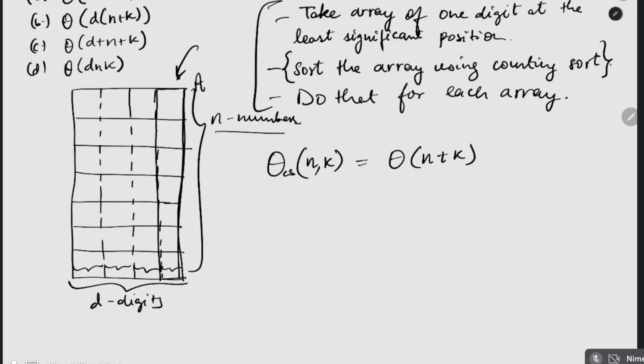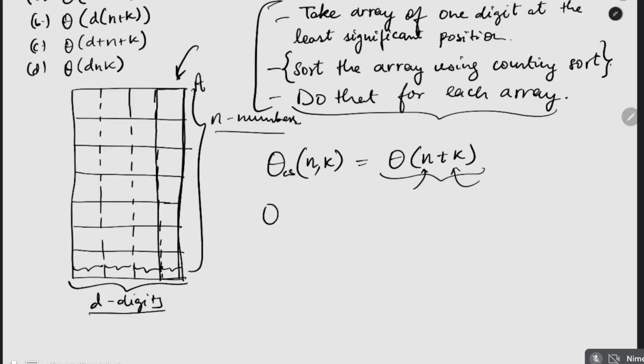Because we need one pass each of the main array, the resulting sorted array, and the counter array, right? And these are the orders of the original array and the counter arrays. Now, since this algorithm is run for each array, and how many arrays we have? We have d arrays because we have broken these numbers into d digits,